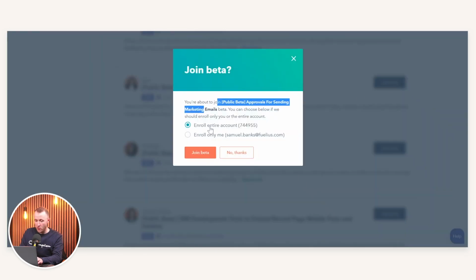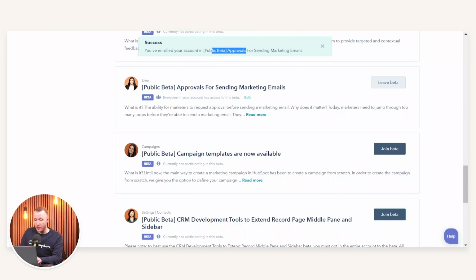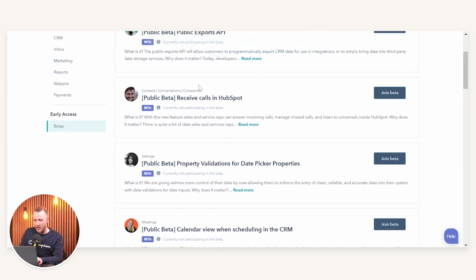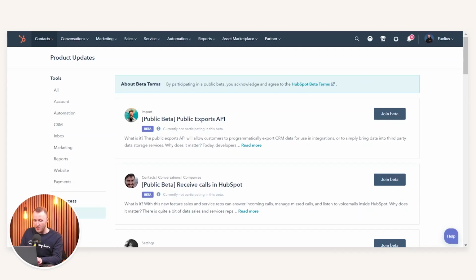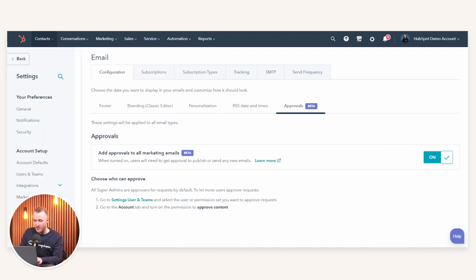From here, you can enroll your entire account or just yourself. For now, we're going to enroll our entire account. And what that will then do is add this to your portal. Now, just because you've added functionality to the portal doesn't mean it's enabled by default. So what we need to do is head basically to